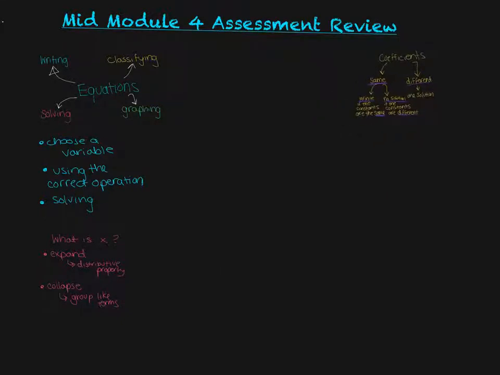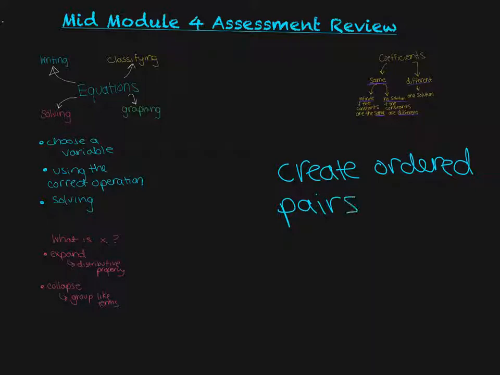And then let's look at our last concept, which was graphing equations that we did here in topic A. When you're graphing, you need to create ordered pairs, so that way you have something to put on your coordinate grid. And remember, you get to pick what you want your x values to be if they haven't been chosen for you. So maybe we go with 1, 2, 3, 4, and then you imagine, okay, my rate is